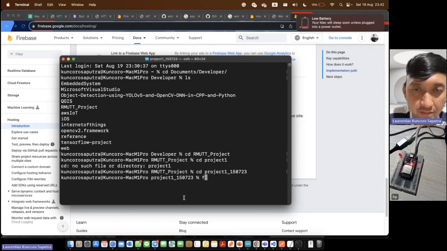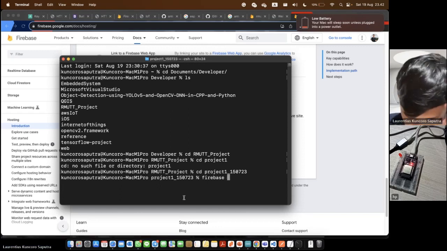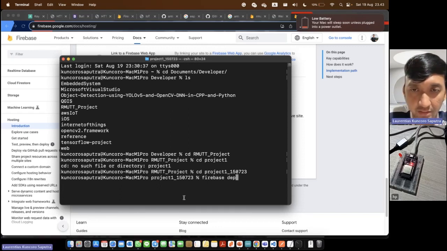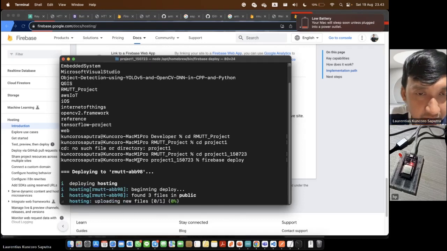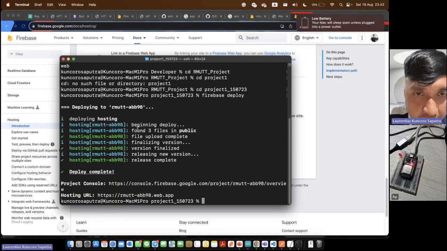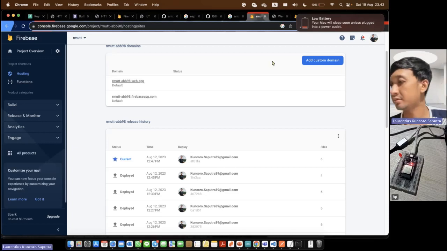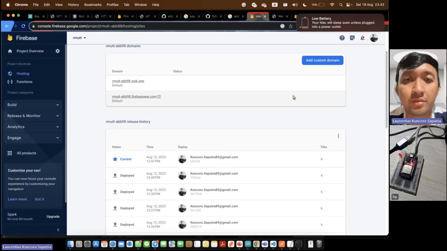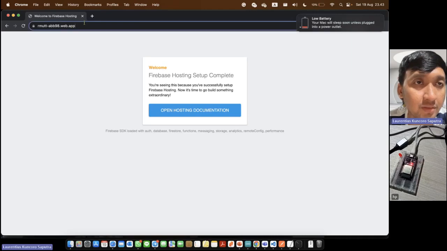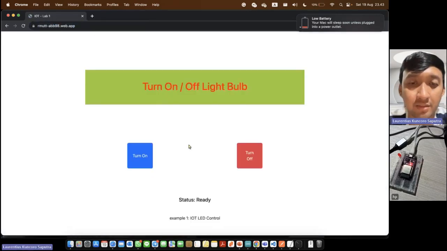So I can directly write Firebase deploy. So in this process, we can see we found 3 files uploaded in the public. So we can go to our website again. In the incognito, I will refresh. Yes, it's like this one.